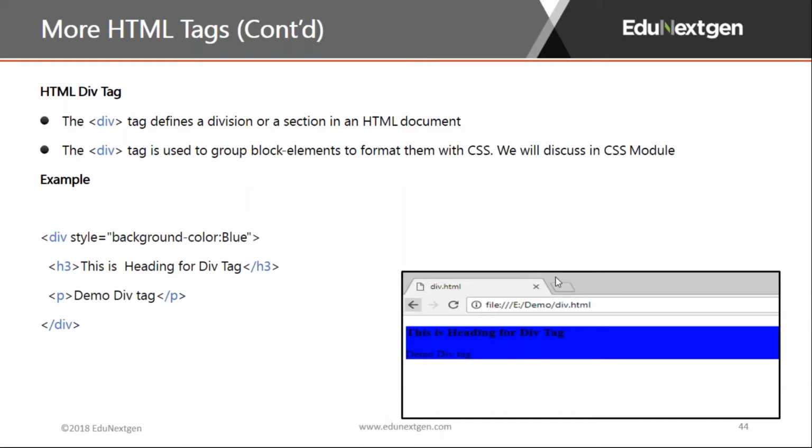Now we will see the HTML div tag. This div tag is used to group block elements to format them. The div tag defines a division, a section, in HTML. It divides the HTML into a division so that we can group a particular block of elements to format with